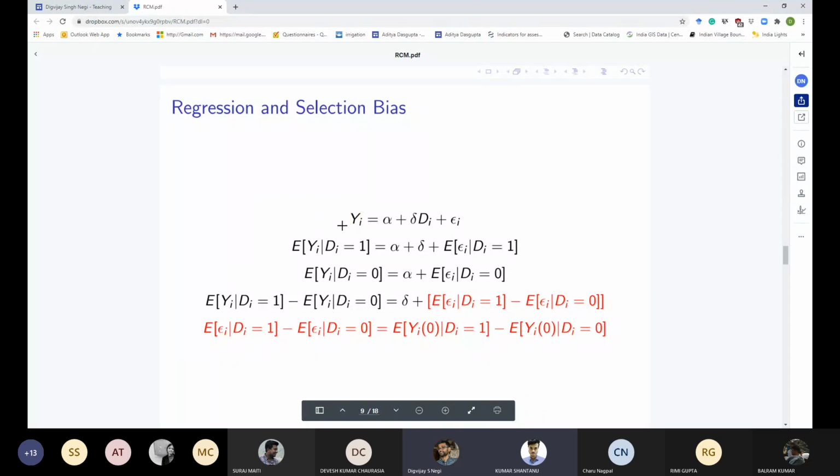But in even simpler terms, if di is giving you the control and treatment status, alpha would be the average of outcomes for the control group, and delta would give you the difference between the average outcomes of the control and treated group, where di is equal to 1. So it's easy to interpret this regression. If you add alpha plus delta, you get the average outcomes for the treated group, and alpha is the average outcome for the control group.